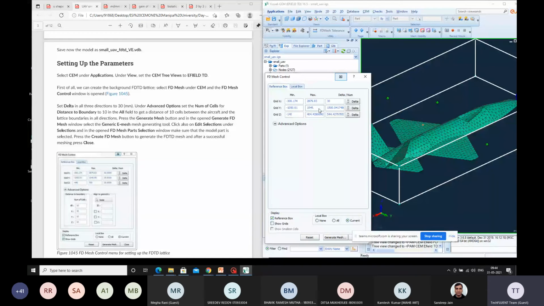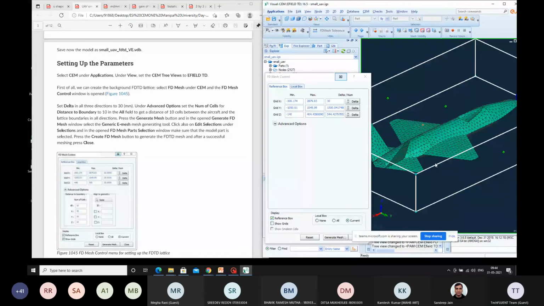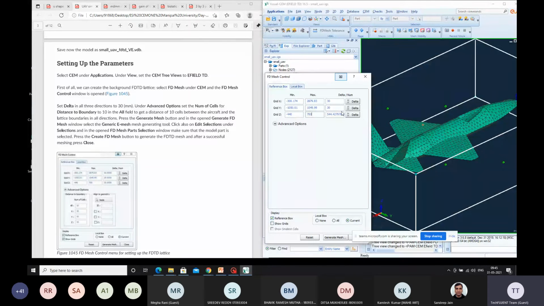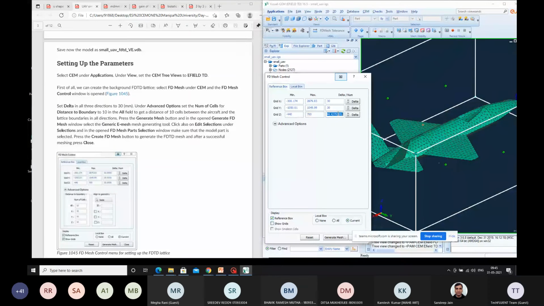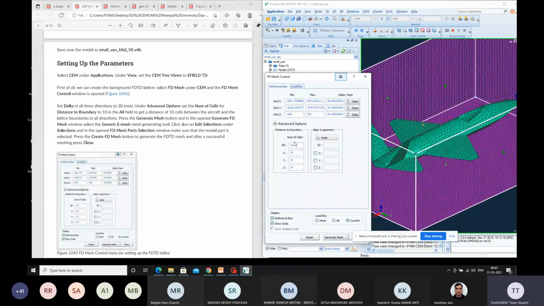It's always about how exactly you're going about it. And this delta number is also 30. I'll put it. So each and every cell size will have a difference of 30. Similarly, minus 440 to plus 700 and a shift of 30 will be available. In advanced options, I want to create 10 cells for each and everything. So we are done with this particular box.